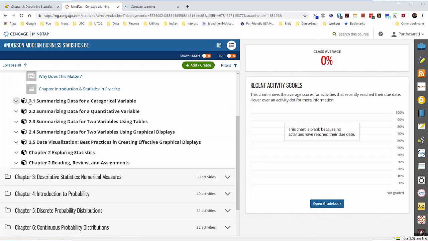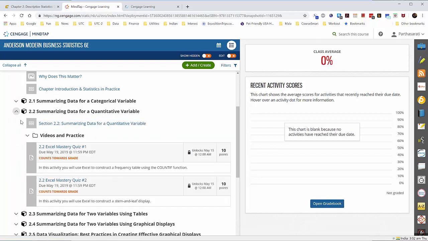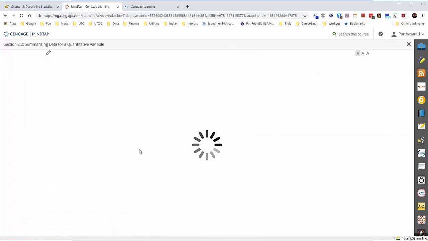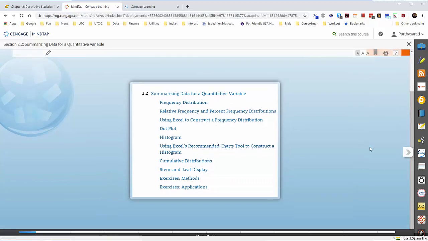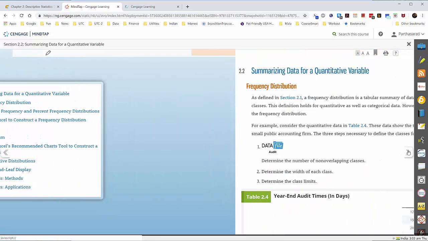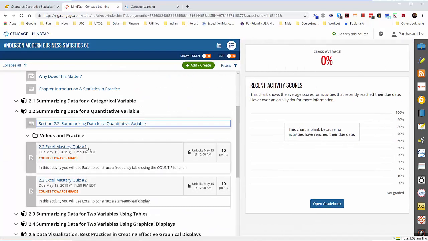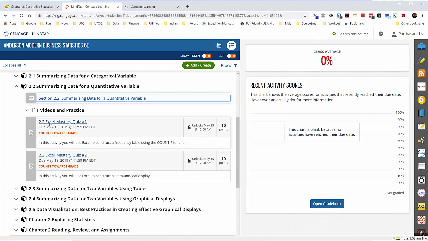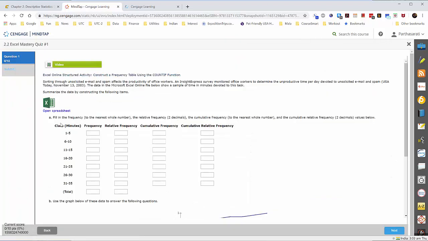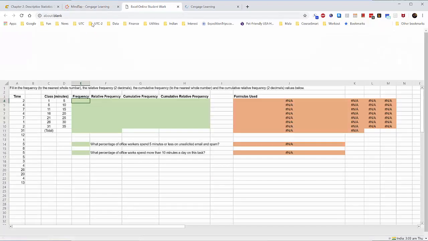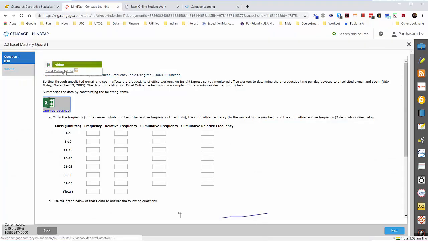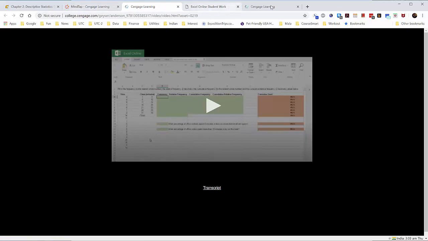So let's close section 2.1, open section 2.2. Again, you have some reading to do. So section 2.2: do the reading, do the work, and then do your mastery quiz. This is again an Excel mastery quiz, and once again, you open the Excel file, and then you look at the video and do the work,